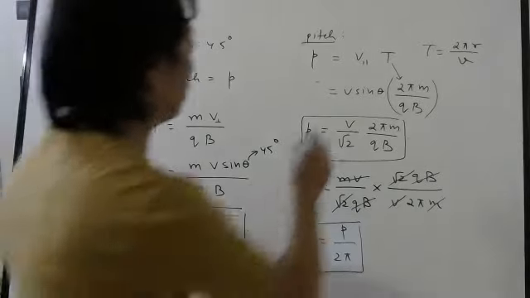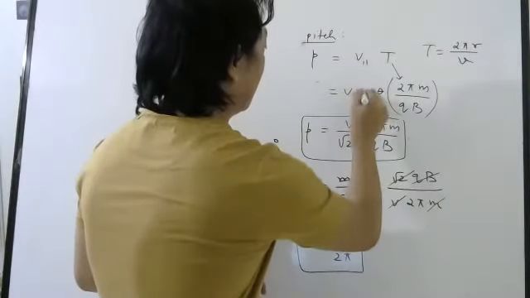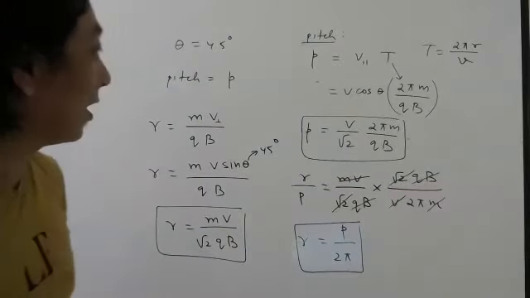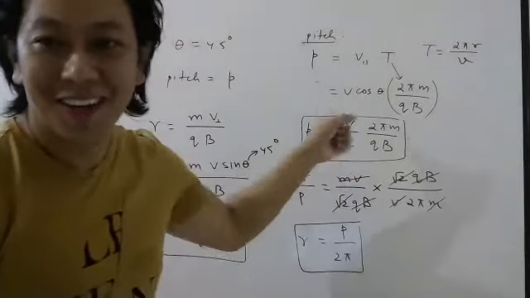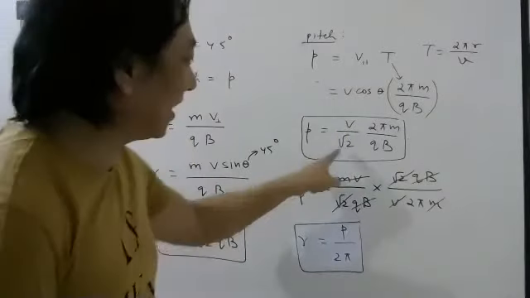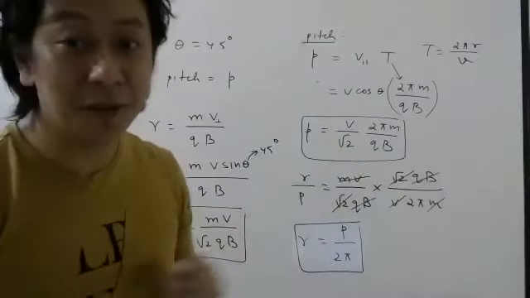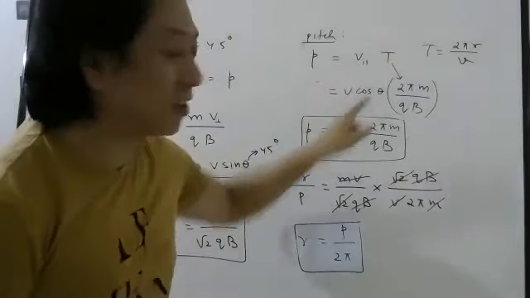Oh yeah, this is cos theta, sorry. V parallel will be cos. Thank you, Sri Gauri. However, here it is okay because it was 45 degree. So you still got the same answer, but you have to be careful. If it was 30 degree, then the answer will be different. So V parallel is V cos theta.